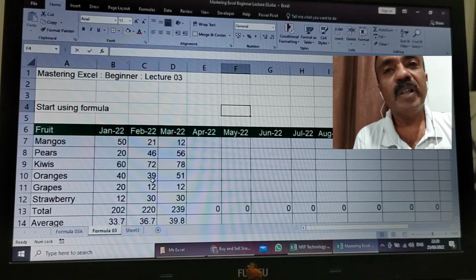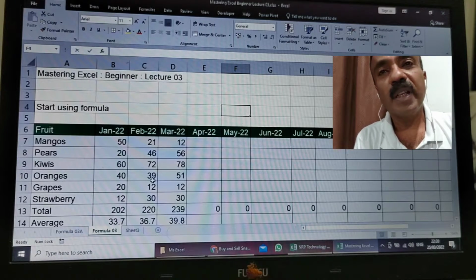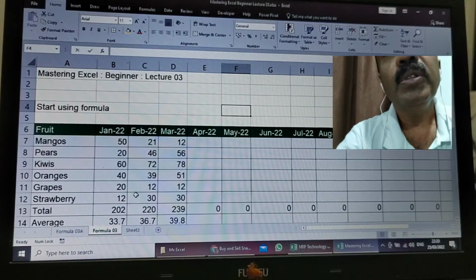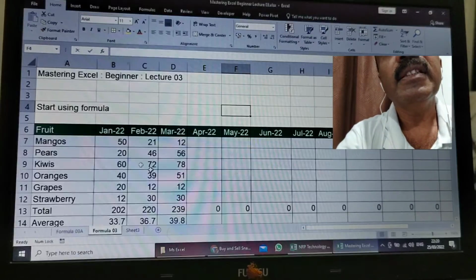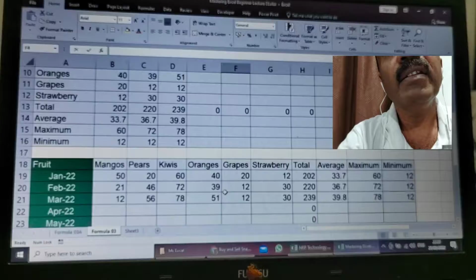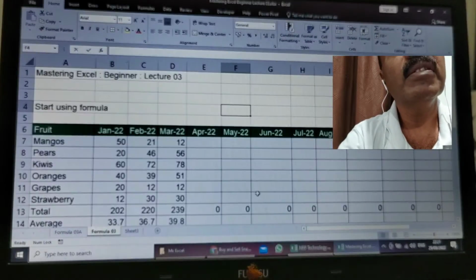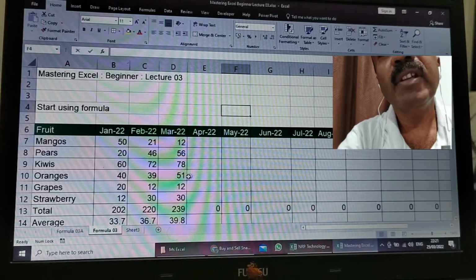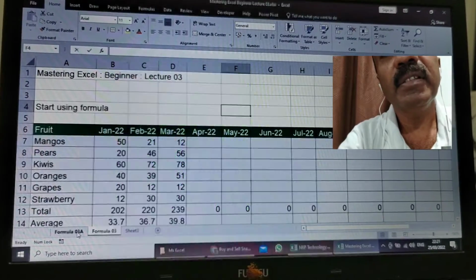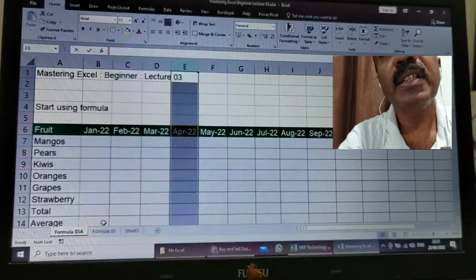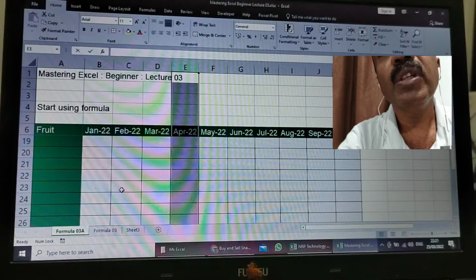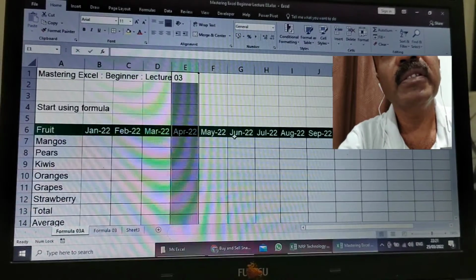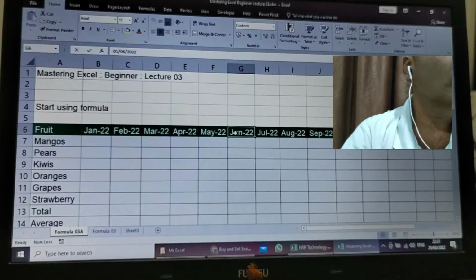It will be very useful when we go to the expert level, so we no need to repeat the same things again. We have already created a file just to show you how it's going to look, but we will develop it from scratch again to make sure you understand what we are trying to do. This file is quite empty except the columns here. The columns run all the way up to